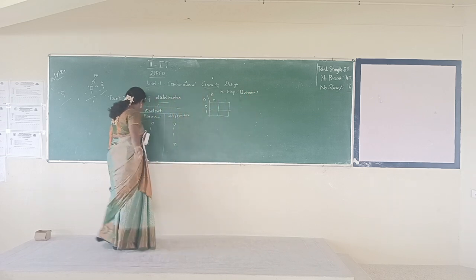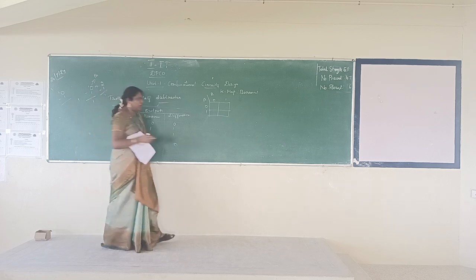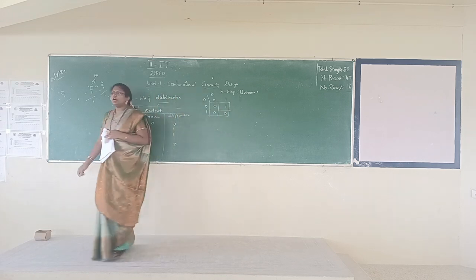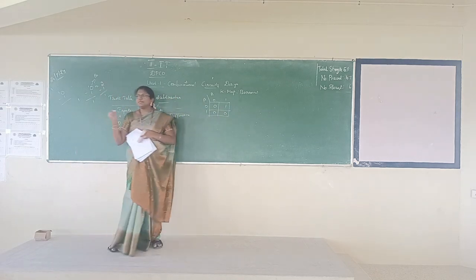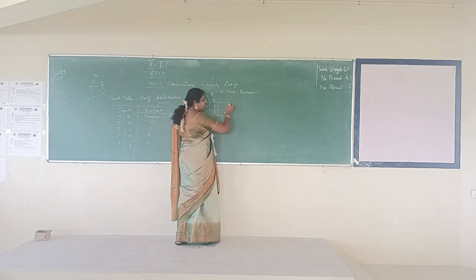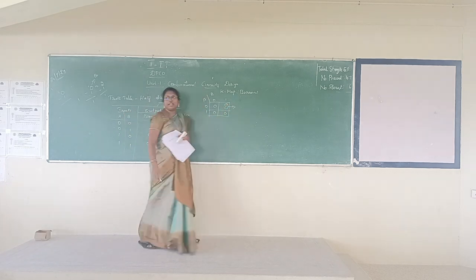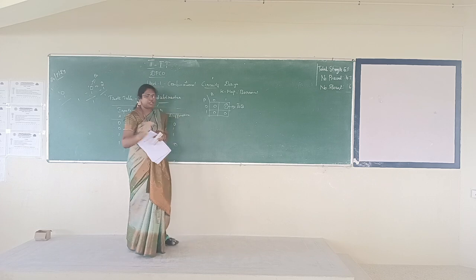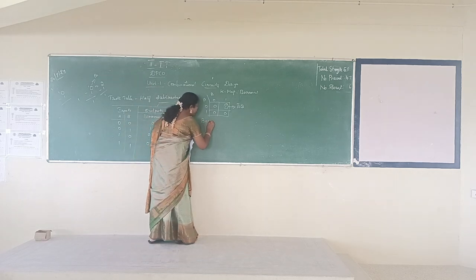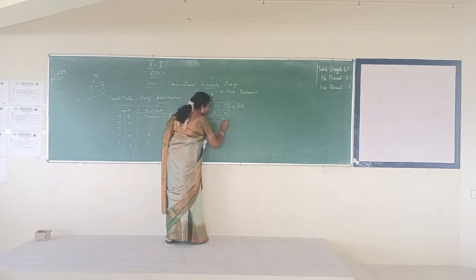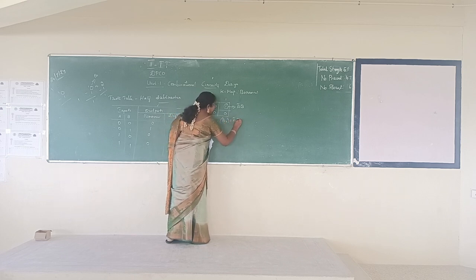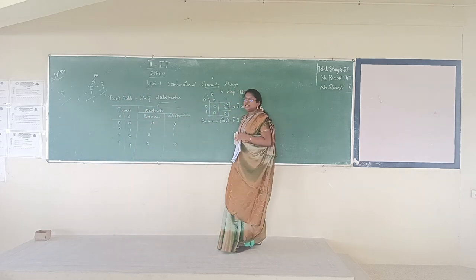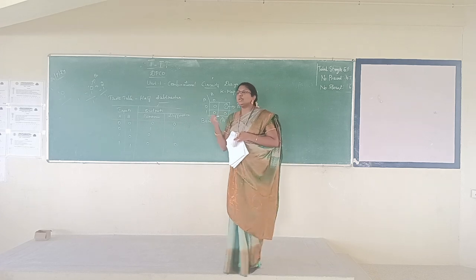So in the K-map for borrow, for 0 1 the output will be 1, and for the remaining it is 0. Is there any possibility for a quad? Then a pair? No. Then the possibility is a single grouping. What is the expression for this? A bar B. This is the expression for borrow, which can also be written as BR equals A bar B. Put your pens down and listen to the board. Later you can copy it down.